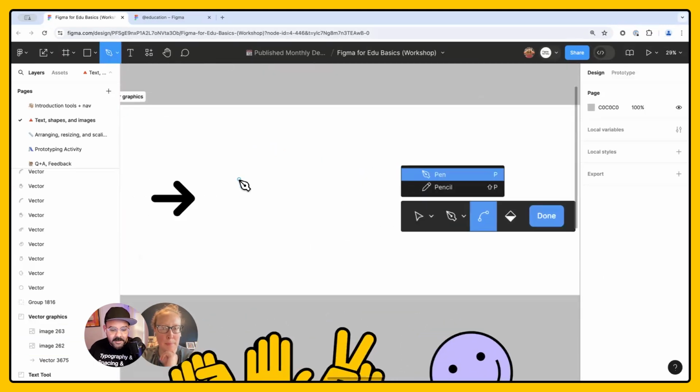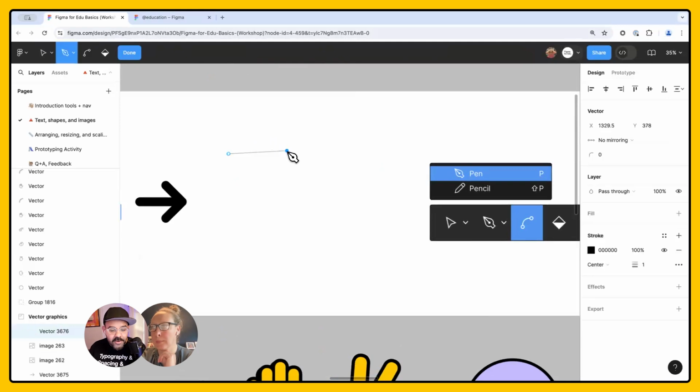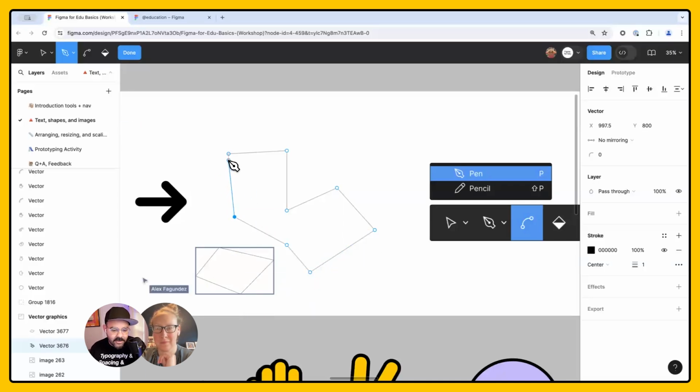I'm going to click up here, and that allows you to draw those points out. And you are drawing essentially a shape. And right now, this is an open kind of shape. And what I want to do is I want to close it out. So I have the starting point. I begin to map this out, and then it closes out.